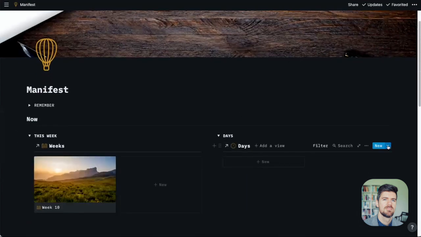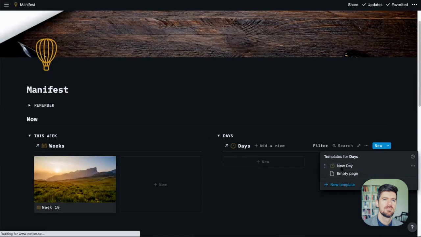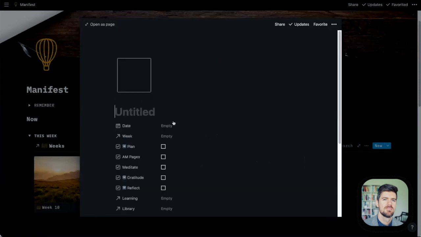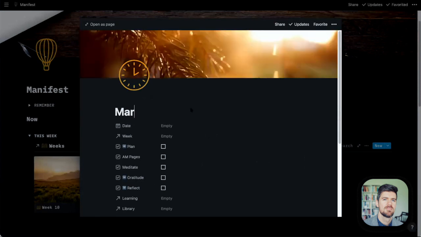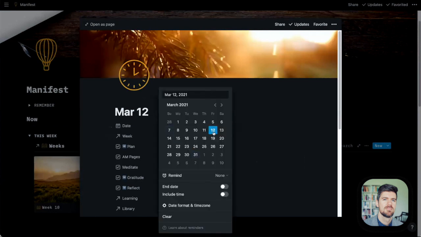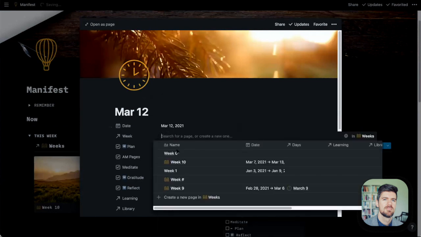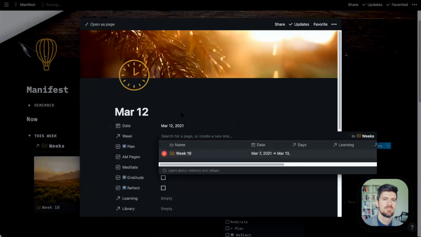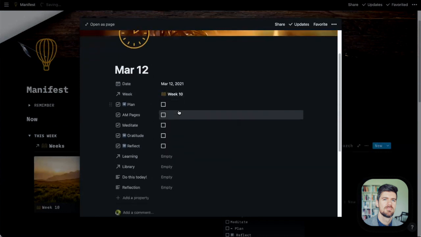And we'll go ahead and create a new day. Same thing, there's a template for this database. So when we create a new day, we get the same icon, we just give it a quick title. And we can assign this to week 10, which we just created. This area has more focus on the checkboxes, really in terms of tracking habits. So in this case, if we have